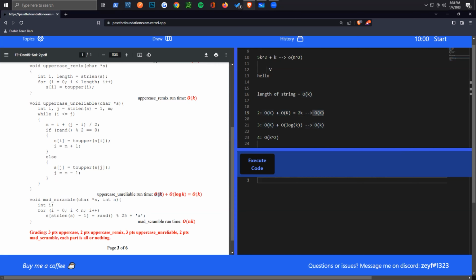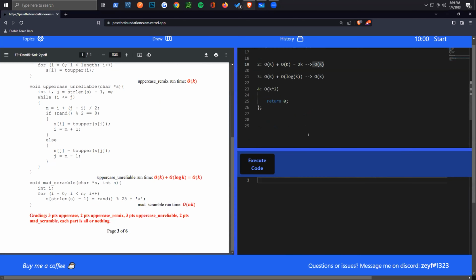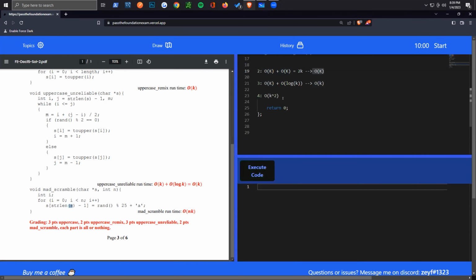So string length plus, and we have the binary search, the log of k. And then we have n times k. Okay, so they actually decided not to keep it as just k. They actually set it to n. I'm not sure why they did that, because you're only supposed to iterate up until n,